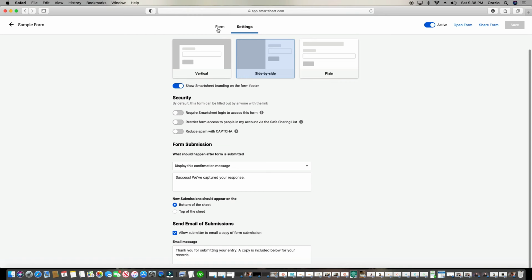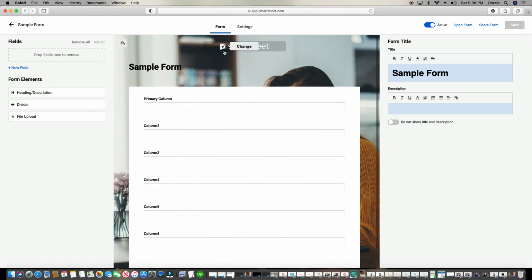I'm going to click on form at the top middle here. Go back to my form. And I want to make this a little aesthetically pleasing. Let's say this is a coffee shop, and I just want to get a quick survey from my clients. So I'm going to go ahead and change this up. The first thing that you're going to see is this. I'm going to say